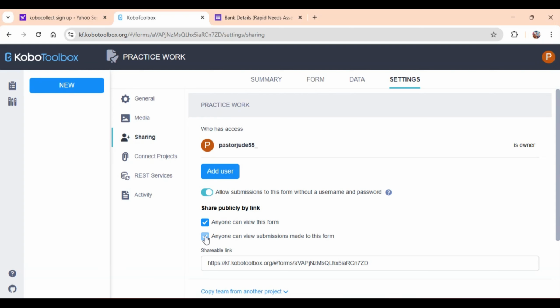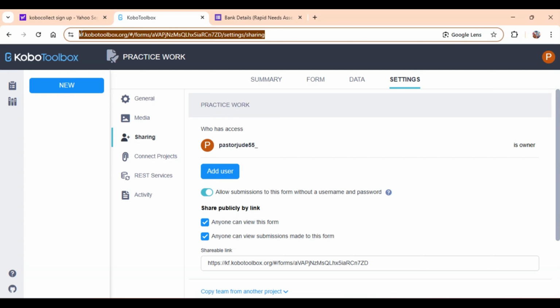Once you have done this, you just come up and look, this is your URL, your locator. You click on it, it will highlight everything, but you're not going to pick everything. You just come down,